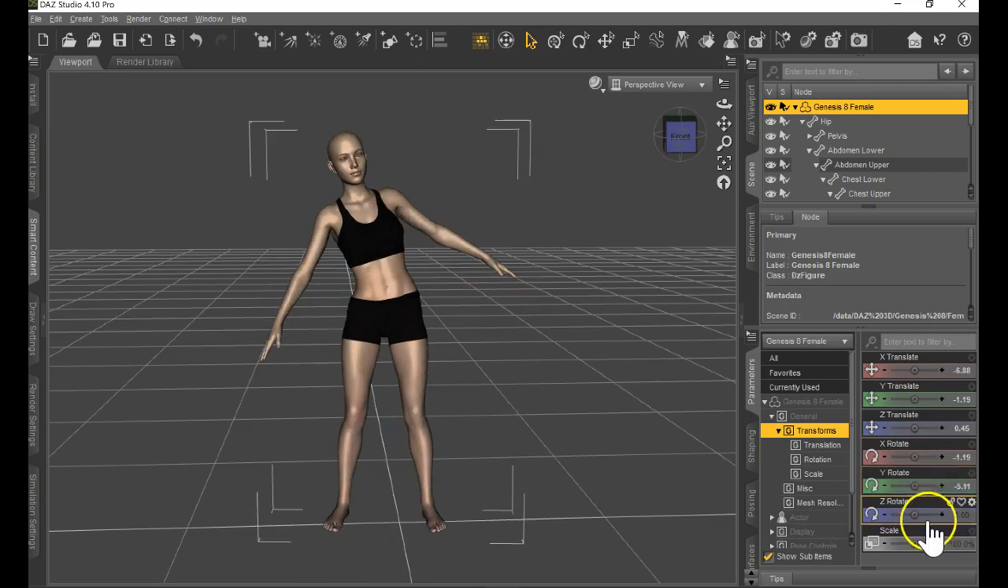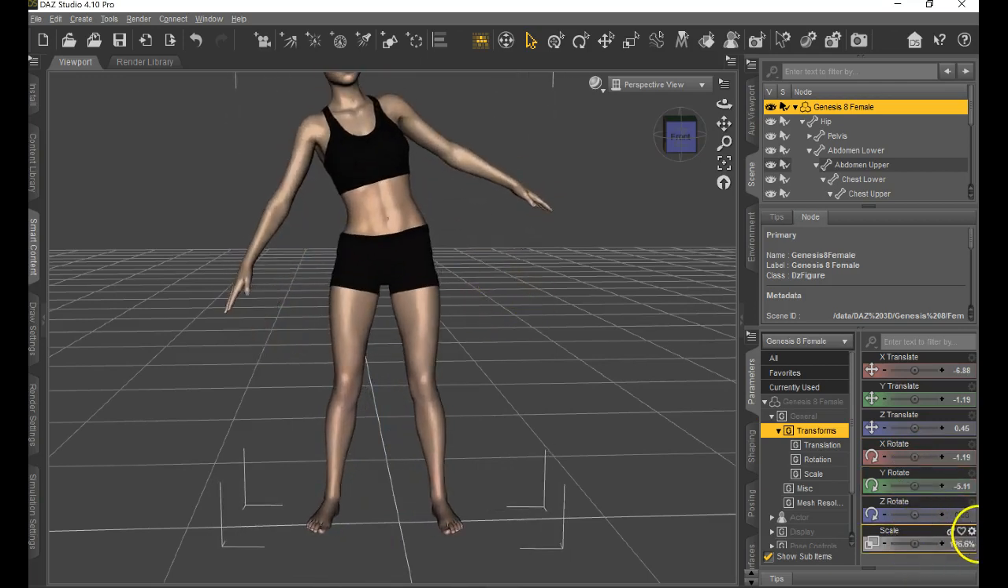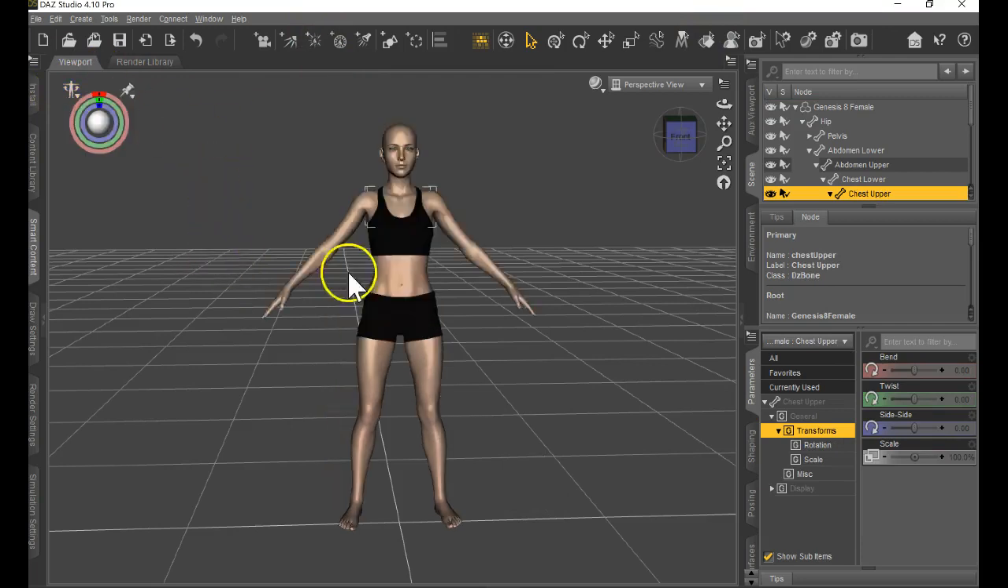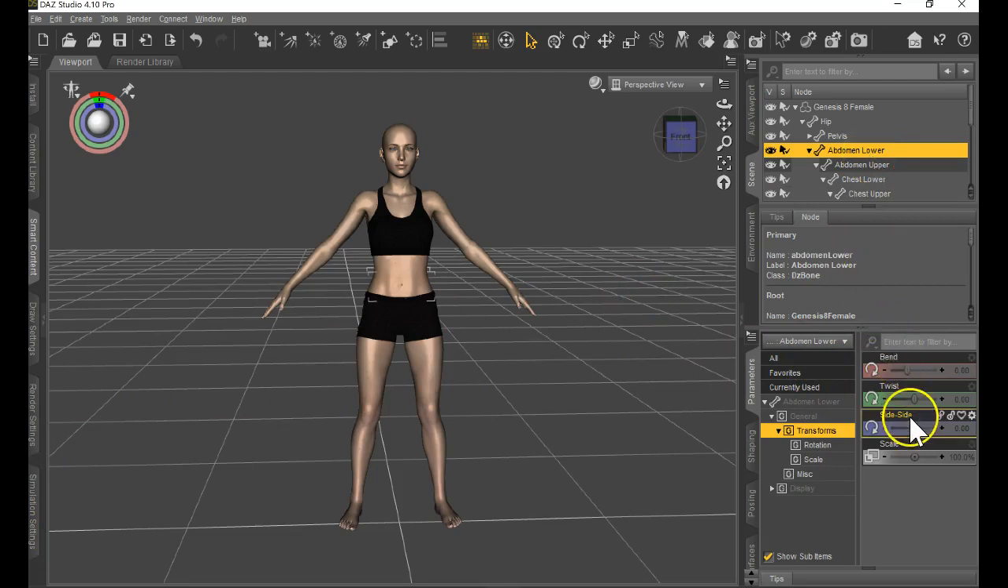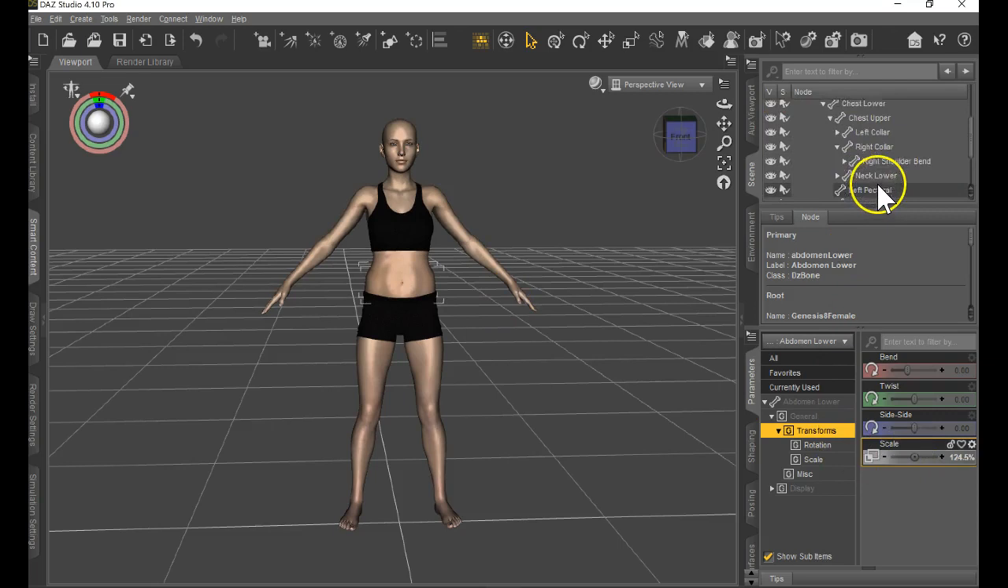Again, turn her around, and you can also scale her up if you want to make her a little bigger. And then, like before, you can always go over here, restore figure pose. So that, again, you can go to all different sections. So if I just want to make her abdomen bigger, or let's see if I want to make her,